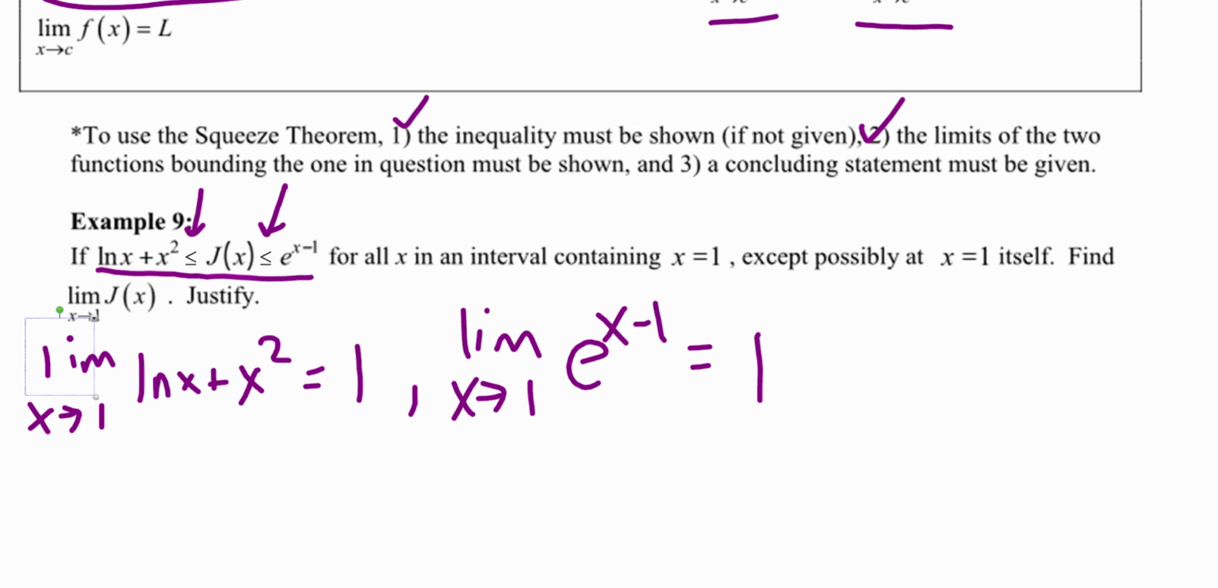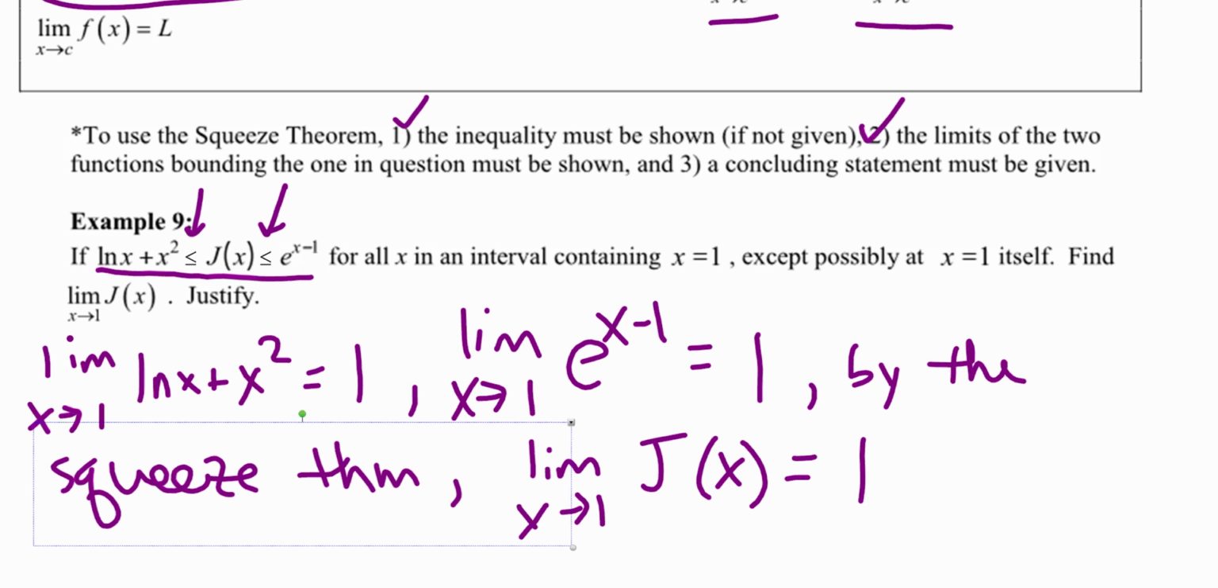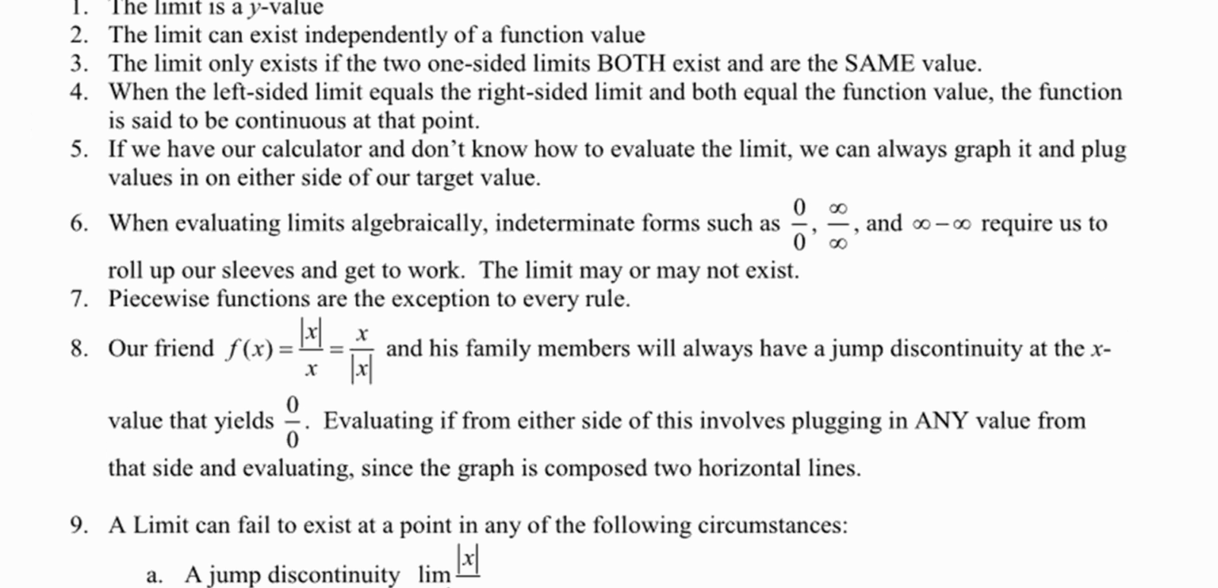So since these two are true, by the squeeze theorem or the sandwich theorem, limit as x approaches 1 of j of x equals 1. The end. If you take a look at this last sheet, there's a summary of everything we've talked about